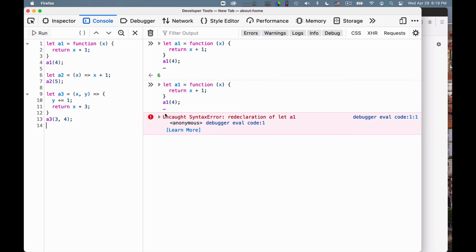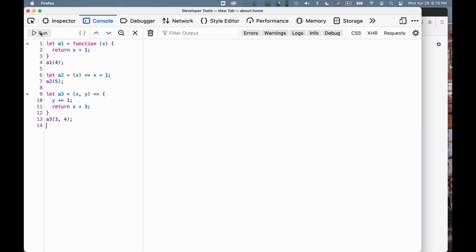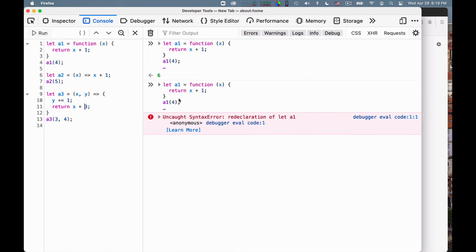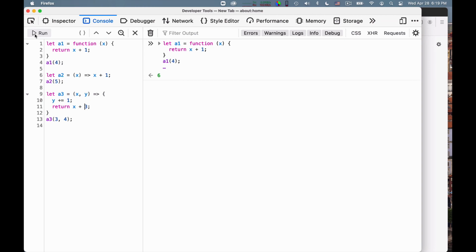Oh yes, so this happens because I've rerun these in the same context and you cannot redeclare a let. So the solution is simply to refresh the underlying page, which deletes all the variable declarations, and then run it. Okay, so I let that error out, and so I was mistaken. x plus 3 is actually equal to 6, and I let that error so that you know that if you run this code twice, the let declarations will give you an error, and to clear them you just need to reload the underlying browser page, after which this will work again.